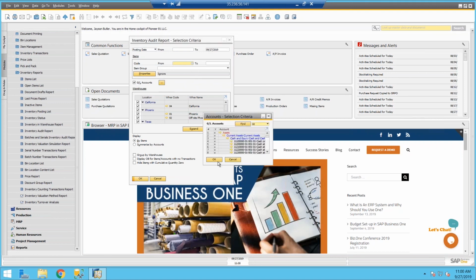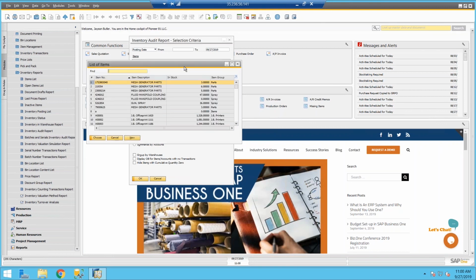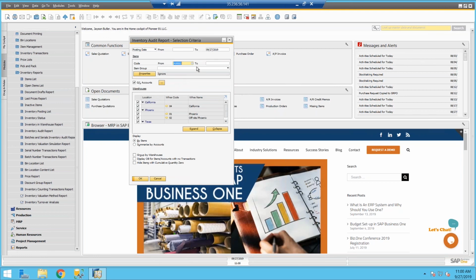You want to choose all your GL accounts. It will take only inventory accounts, of course, and you can run it by item or by accounts. You could do that also for a specific item using right click on the item. But if we look here at a specific